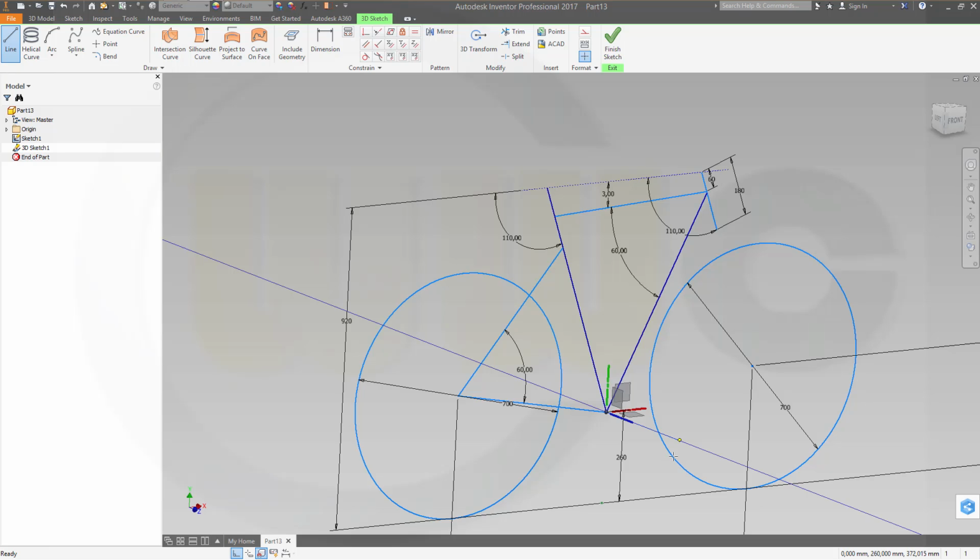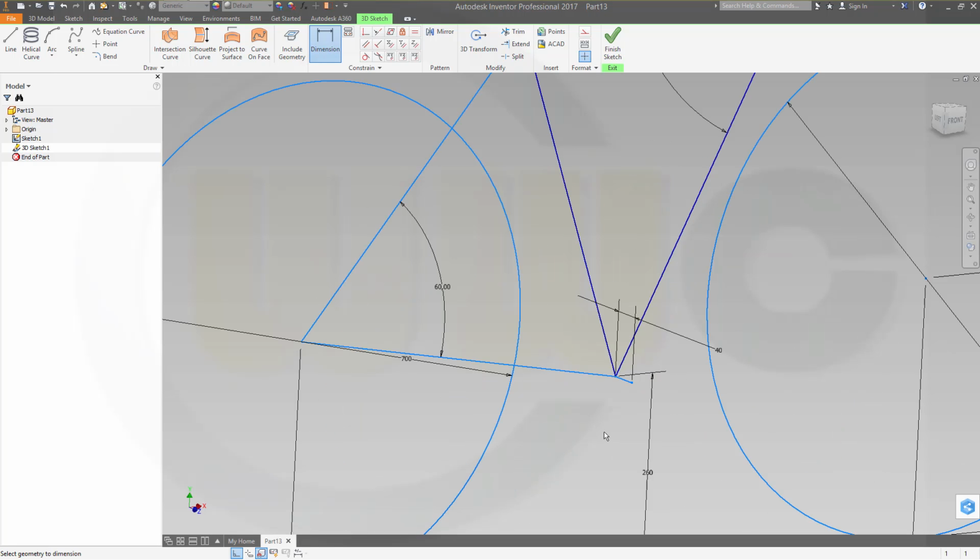And okay, give it a dimension. That's, let's say it's 30 or 40. Okay, then another line in that direction,